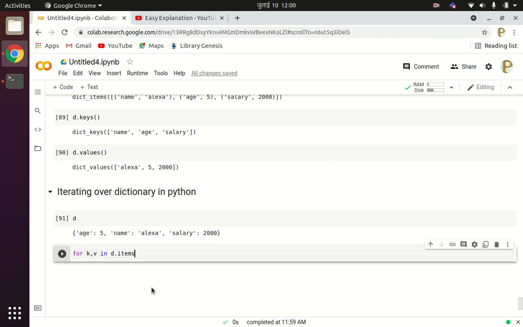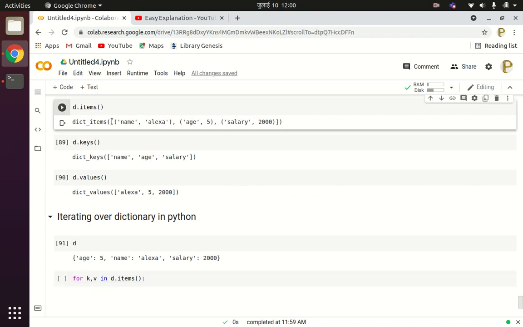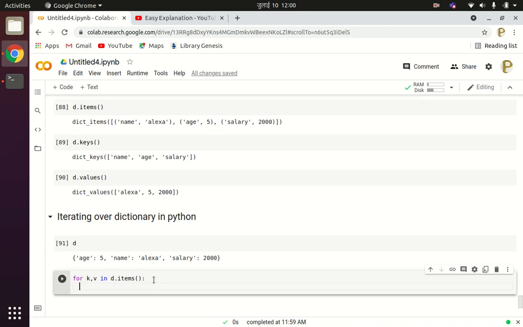Now see, when you do D dot items, it will return a list of tuples. This is tuple 1, this is tuple 2, and this is tuple 3. So item 0 will return name and Alexa, 1 will return age and 5, and 2 will return salary and 2000. In the first iteration, the value name will be assigned into k, and the value Alexa will be assigned into variable v.